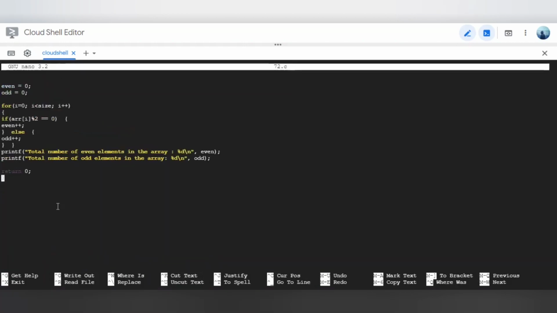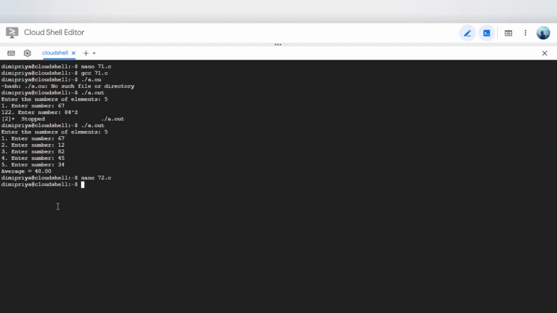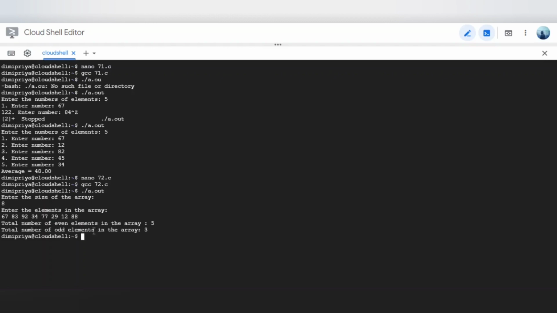So now we need to calculate the output. So here is the output for the given code.